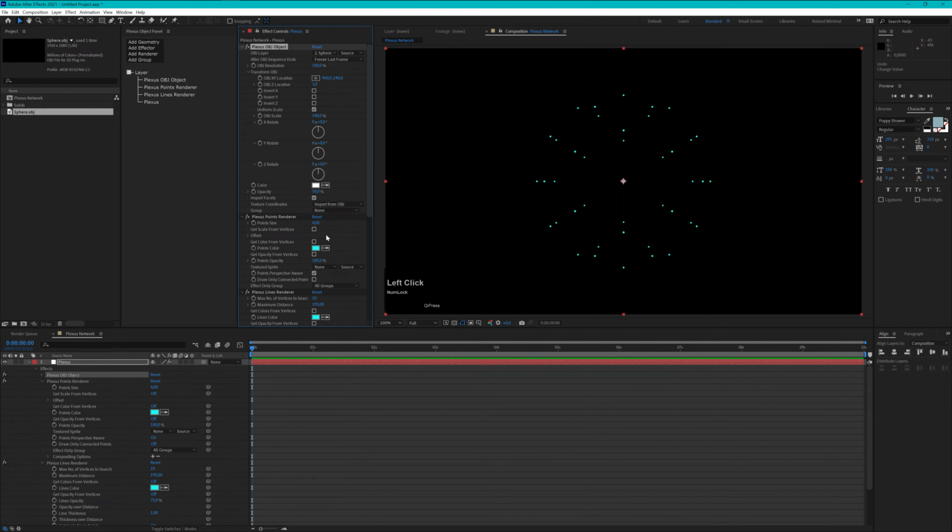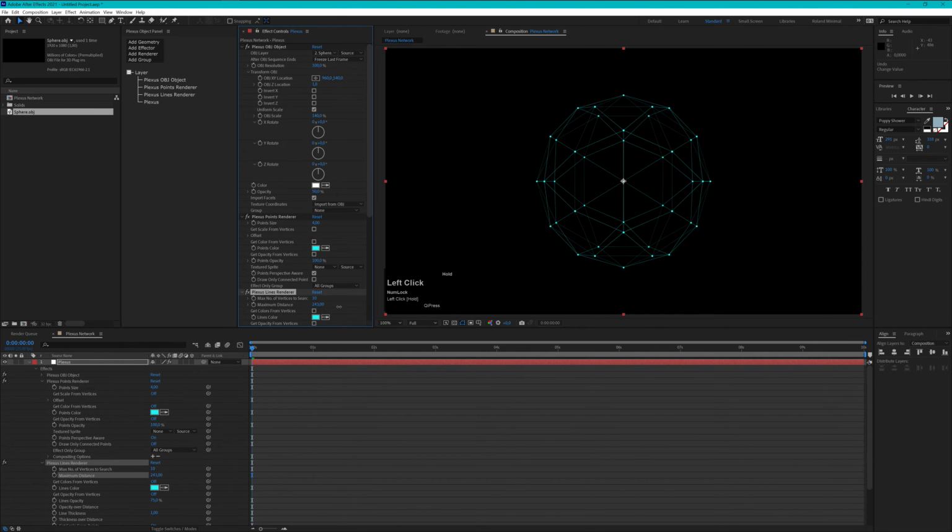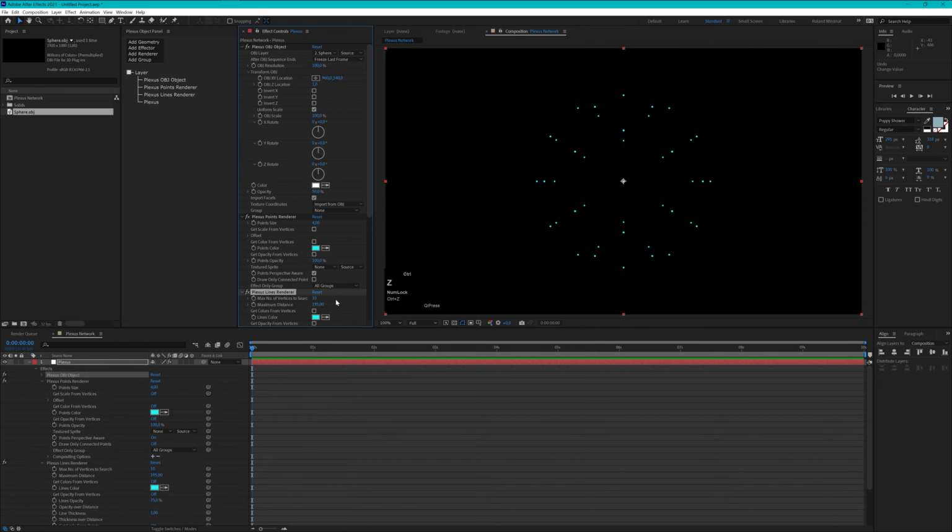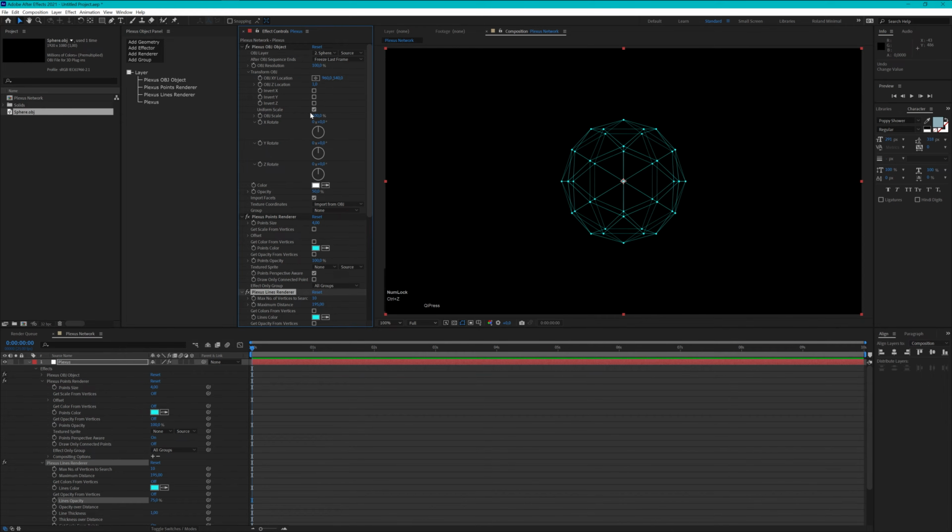And this only has to do with the distance setting that is set here. So if you animate this, you have to animate this value too to get your lines back. But for now, I don't want to scale this. What we want to do now is create another structure that is surrounding our sphere here,